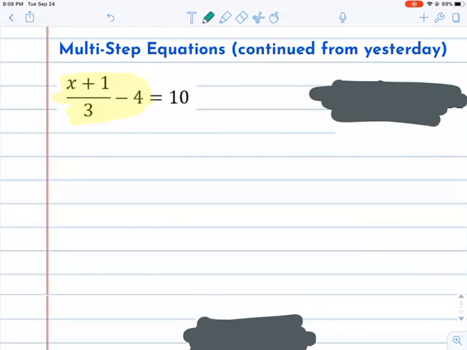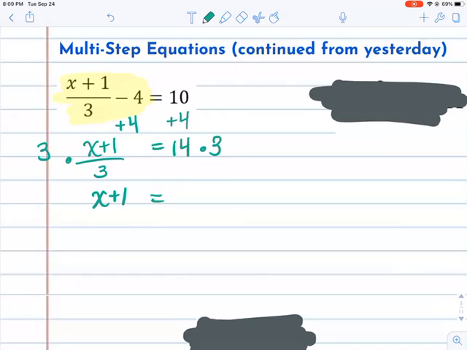So when you're solving this, the first thing that I would get rid of is probably the minus 4. And if you do that by adding 4 to both sides, and then once you're at this part, you can just multiply by the denominator, like we did earlier in this unit on the day of two-step. And then x plus 1 equals 14 times 3, which is 42. And you subtract 1 from both sides,